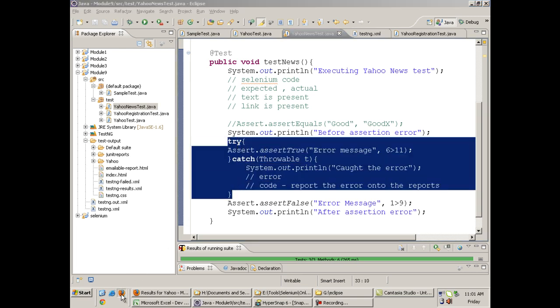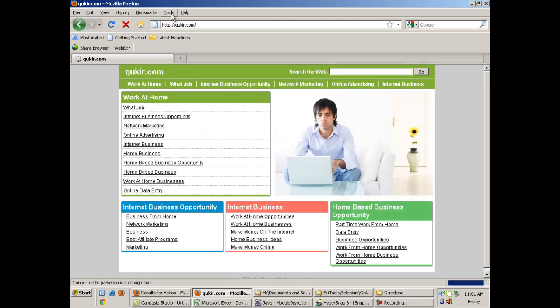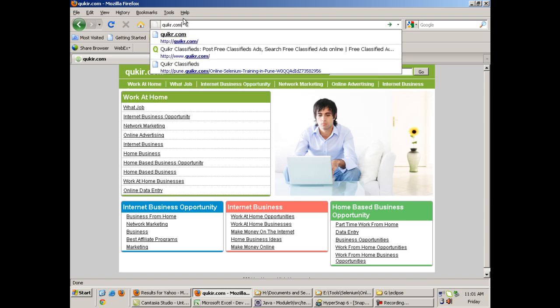This kind of scenario can be used on a website which has a lot of links, like quicker.com. Suppose I am writing a test case on quicker.com.